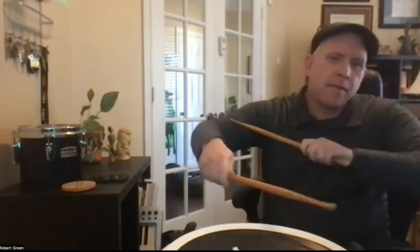That's just like taking the double stop concept and then manipulating it as you go through that. And so getting them comfortable with keeping one hand constant and the other one does the motion. Usually in 7th grade, I do more of the two-height control stuff where we start connecting alternating flams